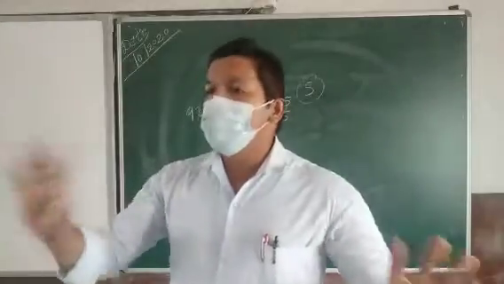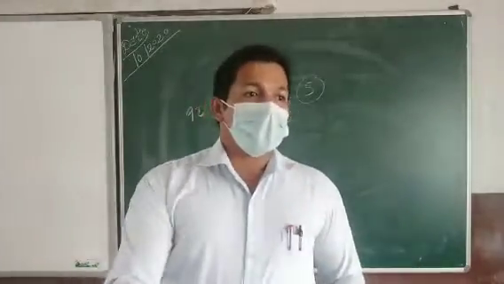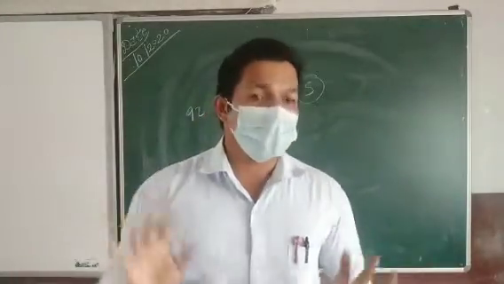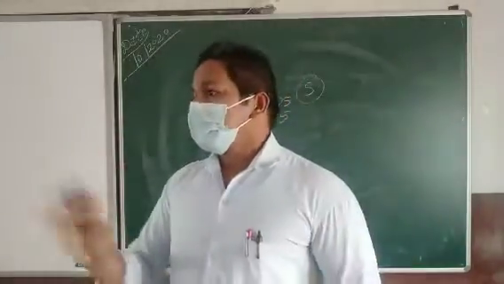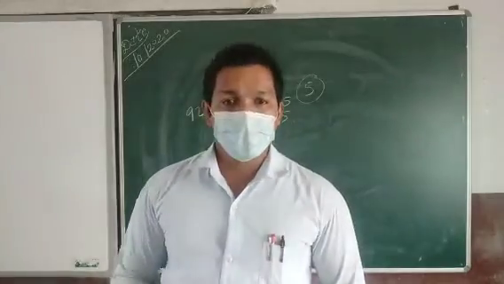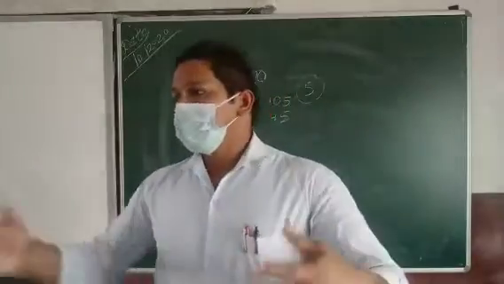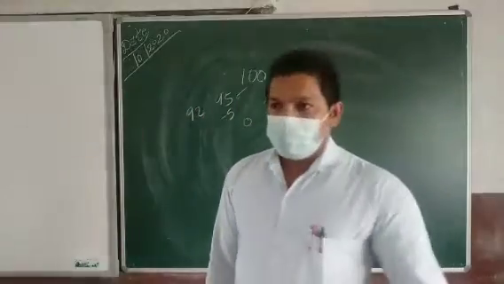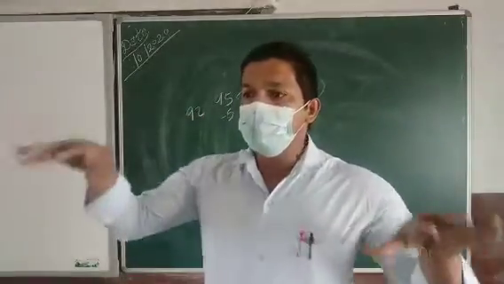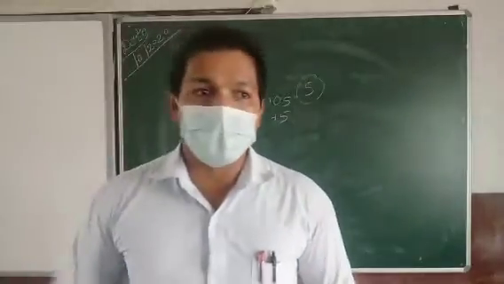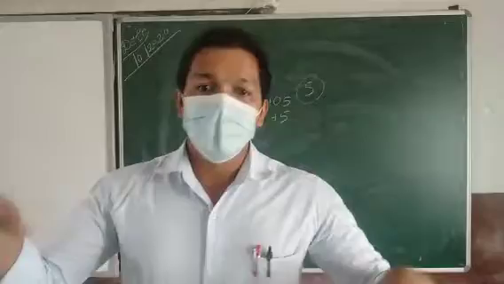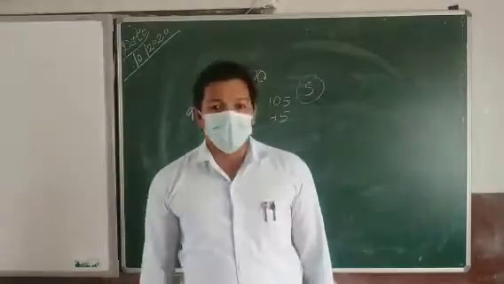If up to 80%, if I am able to make you understand, or if at least there are 10 people in the class, at least 8 of you are listening, or 6 of you are listening, then I will continue my class. If 1 or 2 are not listening, or if they are not here, I am not going to worry about that. If I concentrate on that particular person, then the time of the other 8 members is lost. Do you understand? So that is called critical point control.